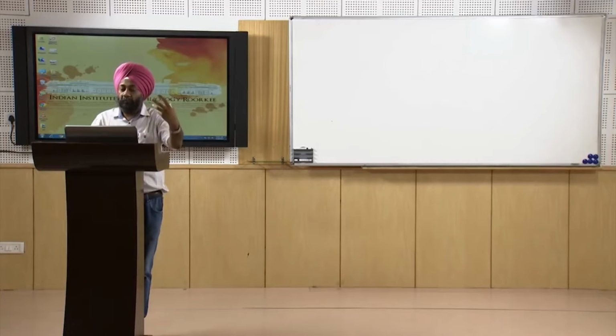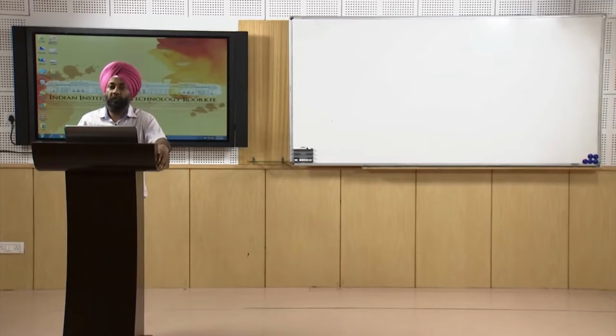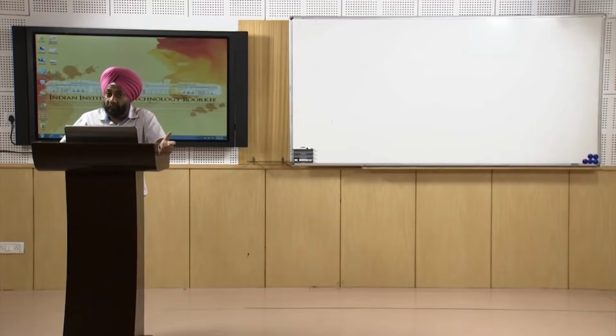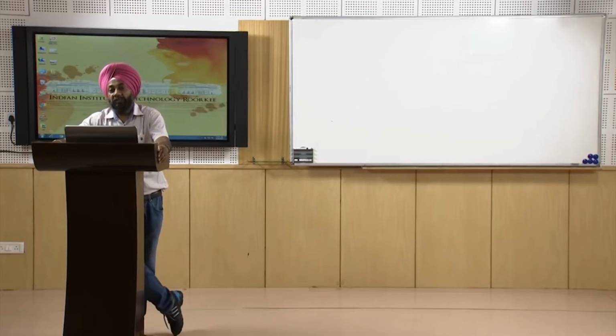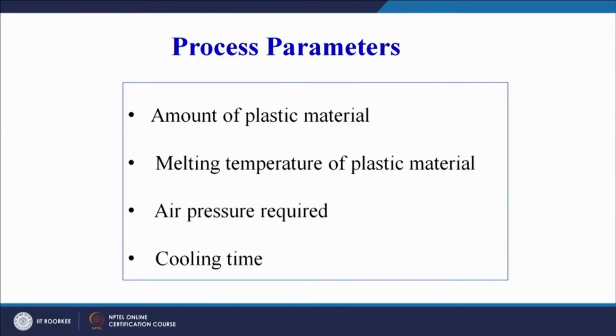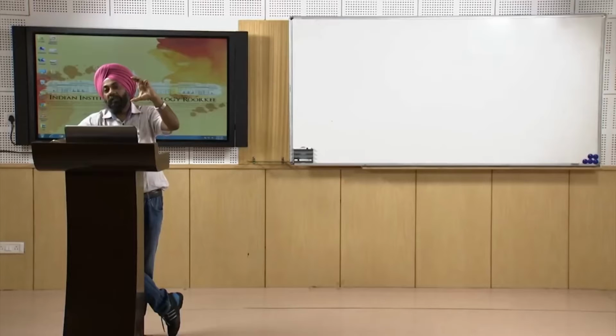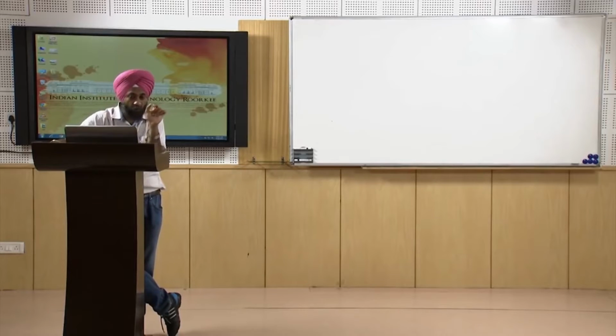So this shows maybe the most important part, that is the blowing of the Parison and the plastic taking the shape of the mold. But there are other steps also, afterwards and prior to the blowing process. So you can see other videos which will give you an even better representation of the blow molding process. Now, what are the parameters that need to be controlled in this process? You can see the amount of plastic material, that will definitely depend on the thickness of the Parison, because we need to see what the thickness of our final product will be.